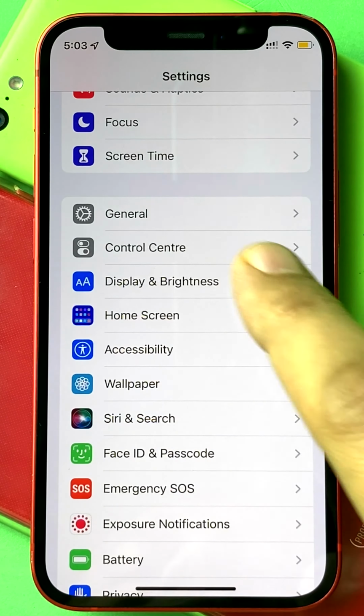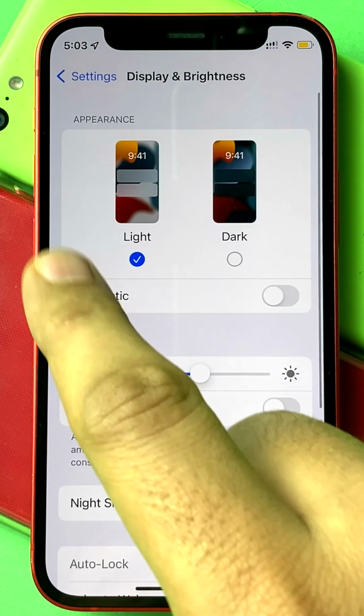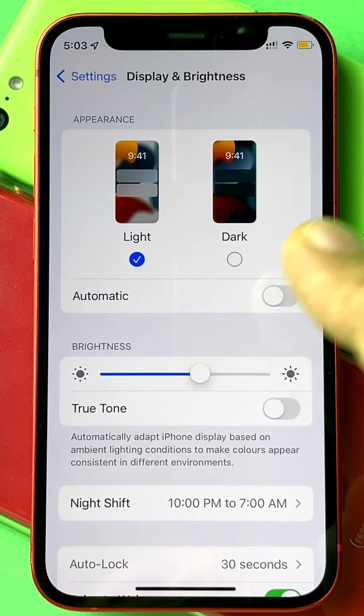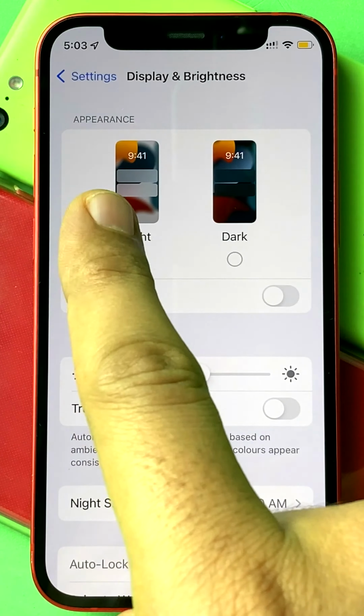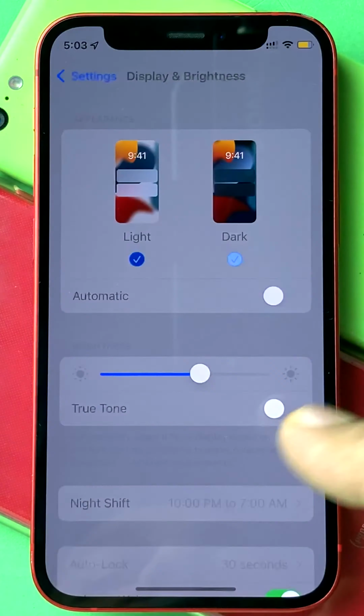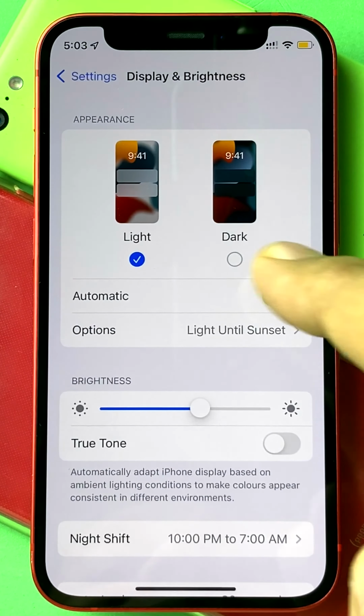You may also see a Display and Brightness option over here, which has an Automatic option which you can switch on and off. But this is for deciding if you want your iPhone to be on light or dark mode. So you see dark mode and light mode, and if you want to switch between it automatically, that is what